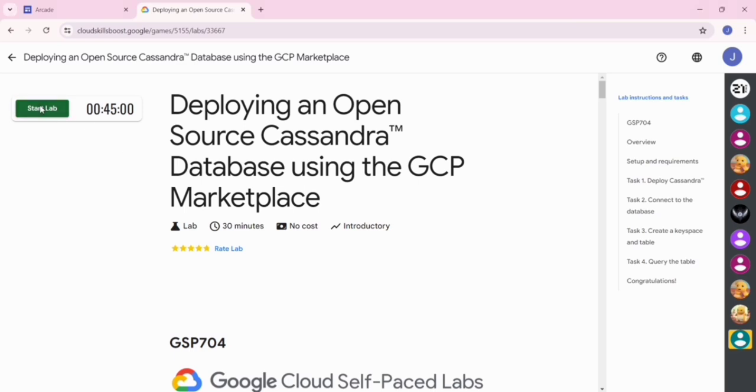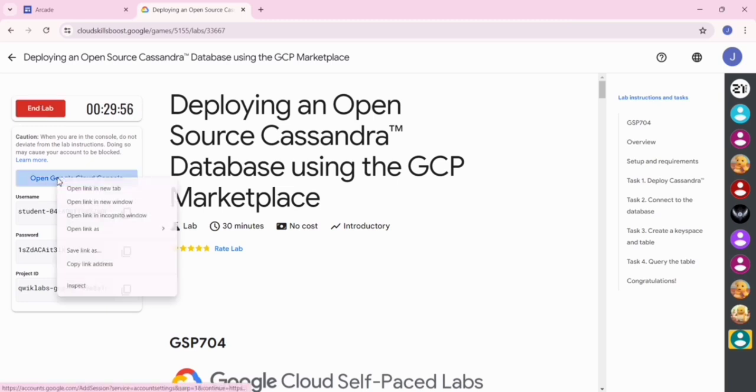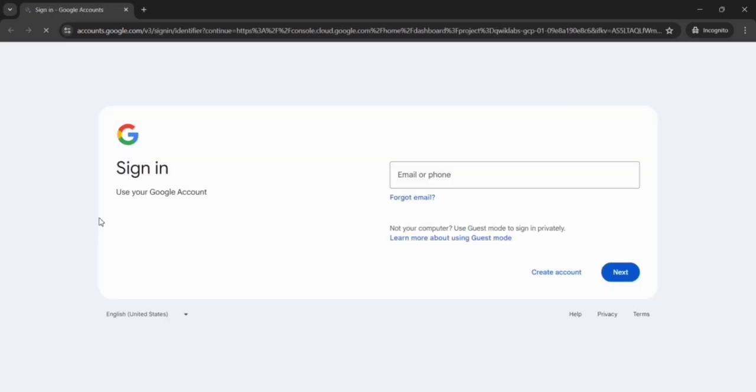Just click on the Start Lab button. Copy the password and open the Google Cloud Console in an incognito window. Now click on the next button.